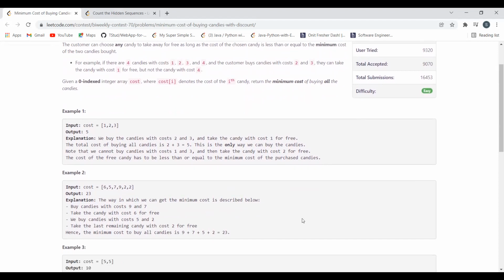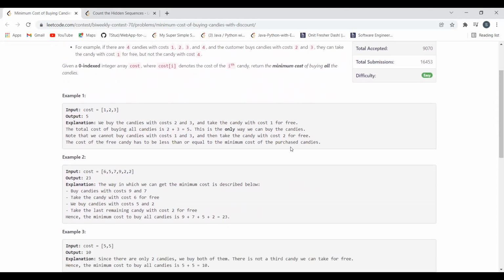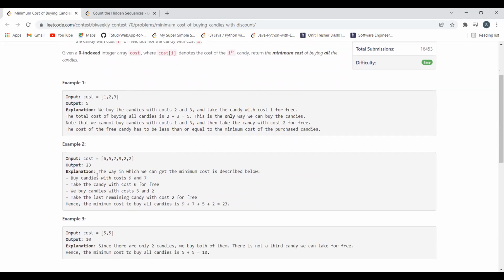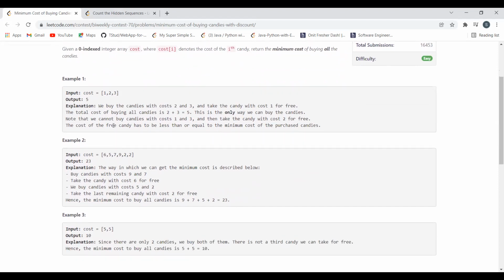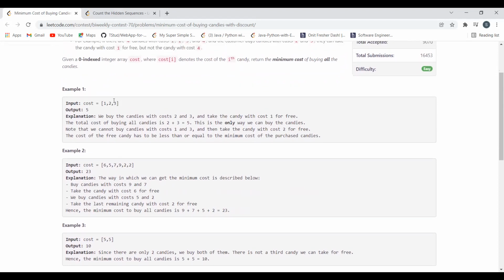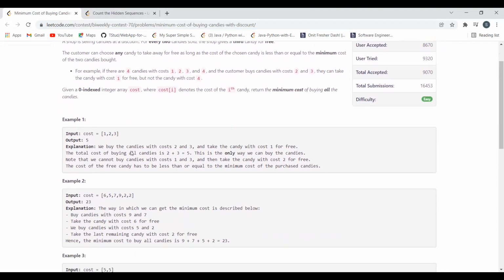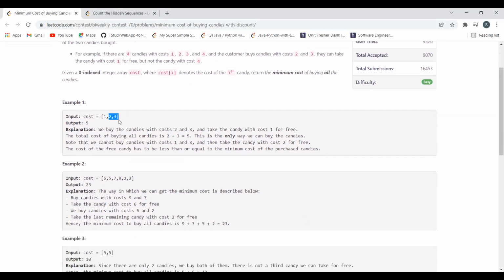So let's understand the approach now, how we'll be solving this problem. But before proceeding further, let's have a look at the example as well. You have to buy two candies, only then this discount is applicable. So here, if we buy these two candies of cost 2 and 3, the minimum is going to be 2, and hence we can take a candy of cost 1 as free, because its cost is smaller than the minimum, which in this case is 2. So 1 is obviously lesser than 2.